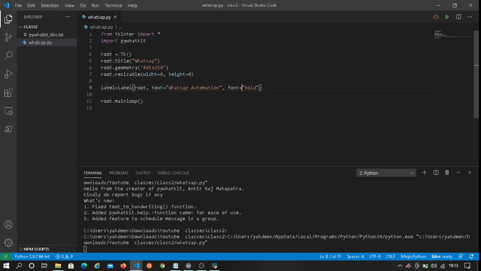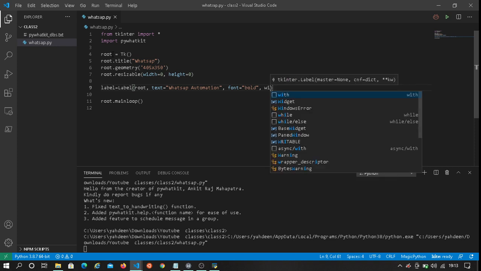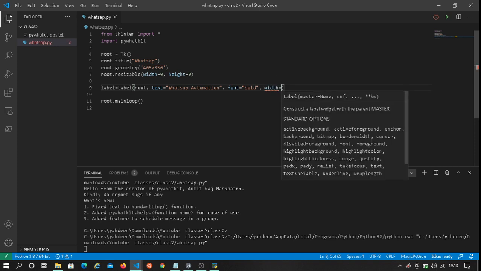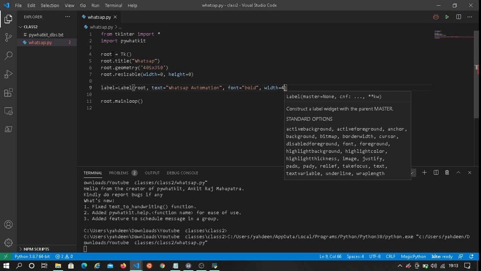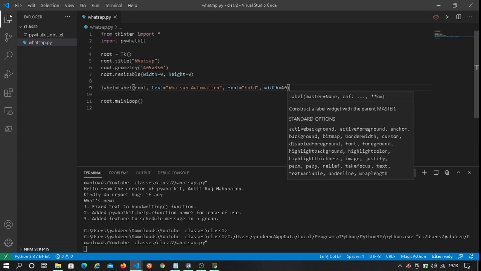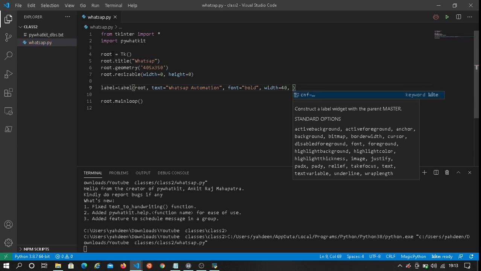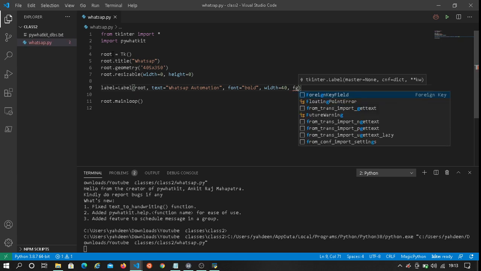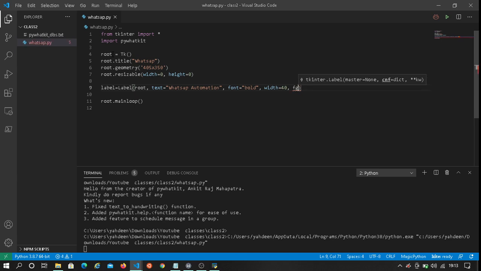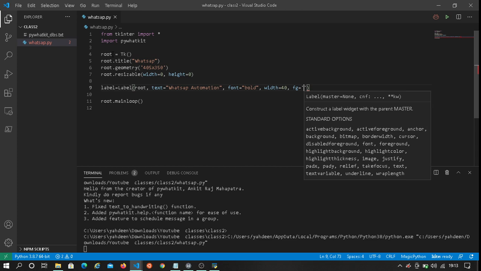Then set the width equals 40, and foreground, FG means foreground, the color that you want for the foreground. We will set it to white.